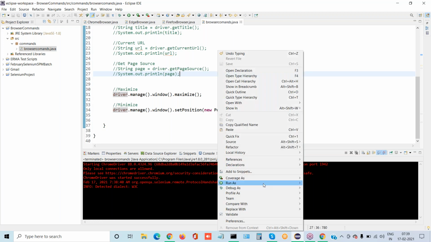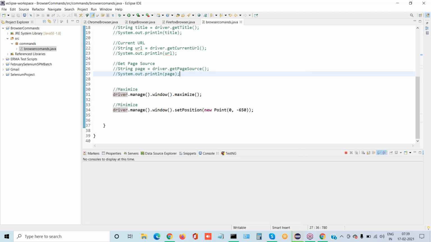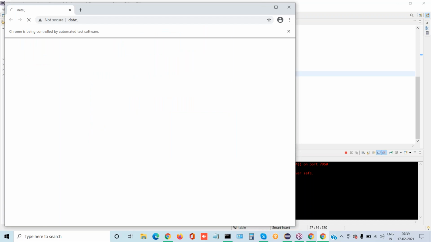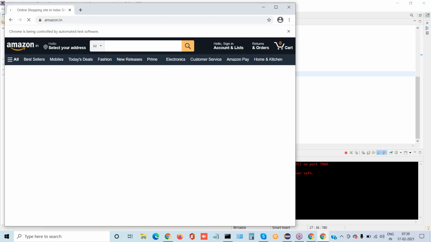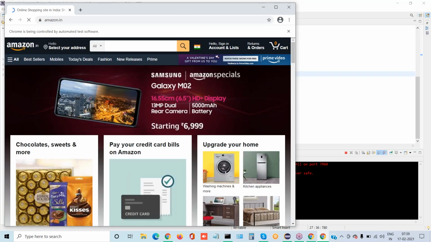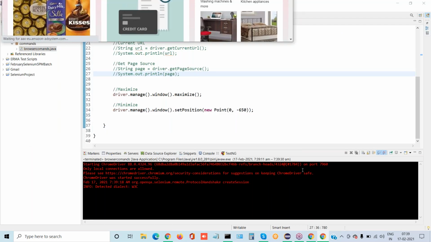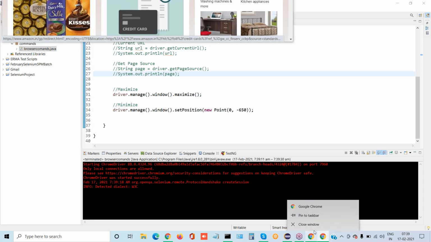So you can maximize the browser. So it will maximize up to this area. So you can see, don't worry, the developer will tell you up to what level we need to maximize. Okay. So maximize and minimize.